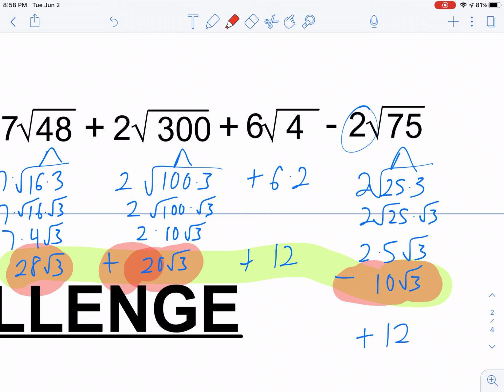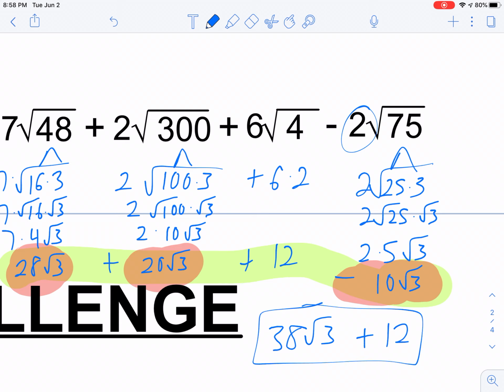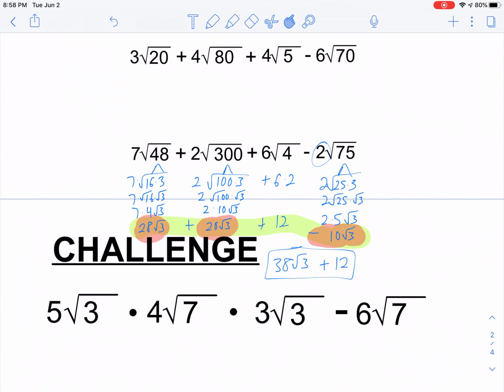So 28 root 3 plus 20 root 3 minus 10 root 3 is going to be 48 root 3 minus 10 is going to be 38 root 3's plus this number 12. That's kind of just an unlike term sticking out there on its own. And that's it. All right, we'll do one more challenge problem in the next